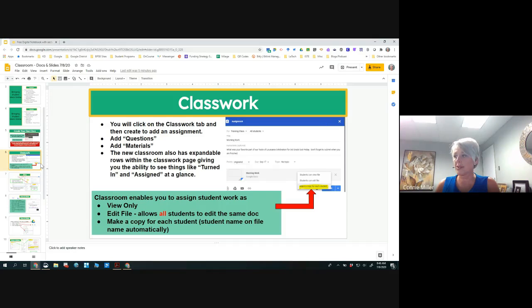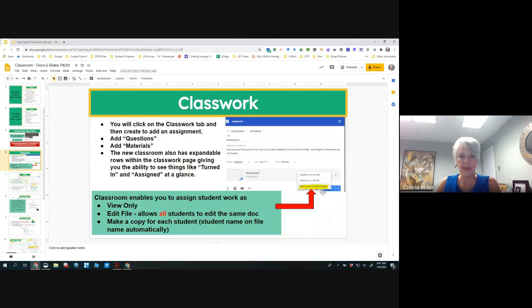And it's actually just submitting a question in Classroom, and that's it. No paper, no nothing. You check it, or Classroom will check it for you. If you assign slideshows or anything like that, if you don't want every student to write on each copy, or all of them to write on each other's copy, make sure you assign it as make a copy for each